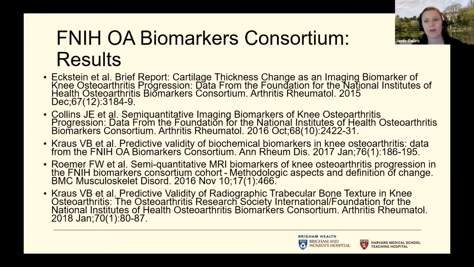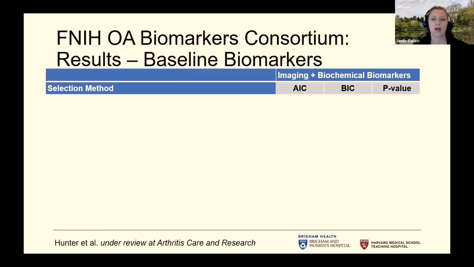So we did this work in stages, first investigating the association within each domain of a biomarker. So for semi-quantitative biomarkers, for biochemical biomarkers, et cetera. And so I've just included the references here because I won't walk through all of this in detail. But we have a final paper that's under review that sought to evaluate all of the markers together. So that's what I'm going to focus on in terms of presenting the results. These are the results of the baseline value of the biomarker to predict that composite joint space width and pain progression. And again, we used these 3 different selection procedures to try to find the most parsimonious model.